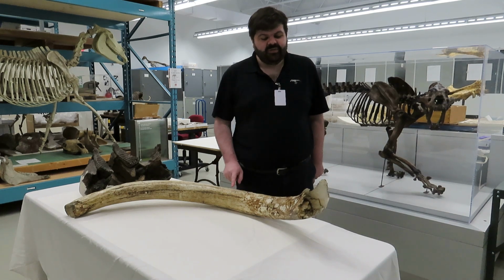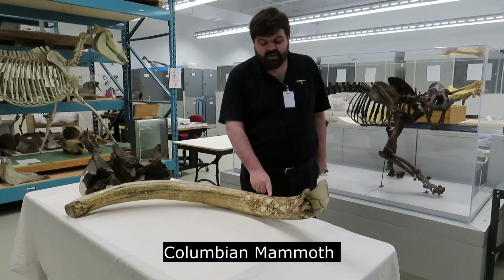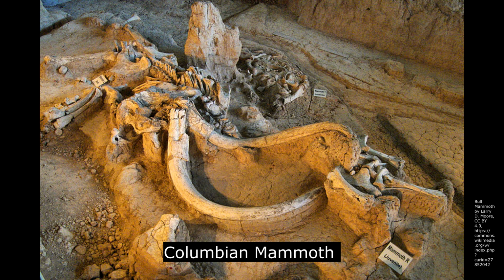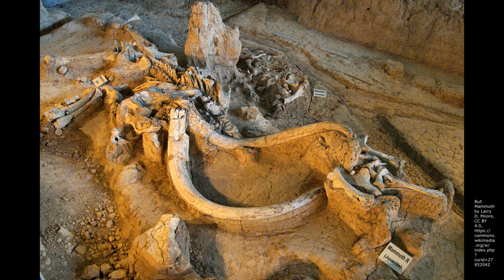These two-tusked elephants are the kind that we still have today, and this Columbian mammoth was one of these elephants. These two-tusked elephants made up for their lack of tusks by modifying them to be gigantic. These elephants didn't use their tusks for feeding, but instead for fighting in combat with mates and defending themselves from